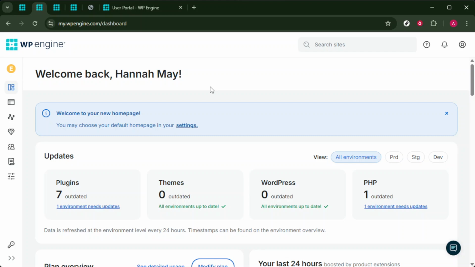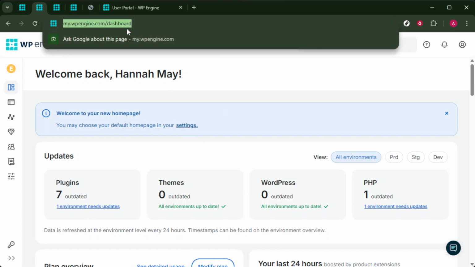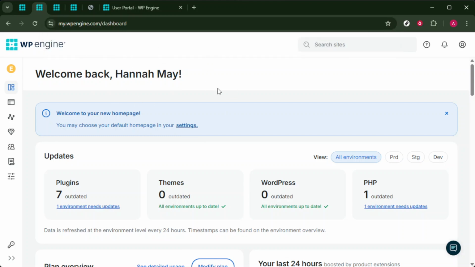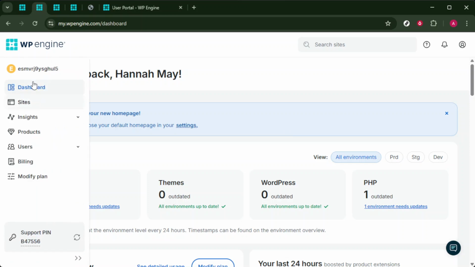First, you'll want to log into your WP Engine dashboard. This is where all the magic happens, and accessing it is as simple as entering your credentials and hitting enter. If you're not sure how to get there, you can find the login page on the WP Engine website. Once you're logged in, you'll be staring right at your WP Engine dashboard, a hub that contains all the sites